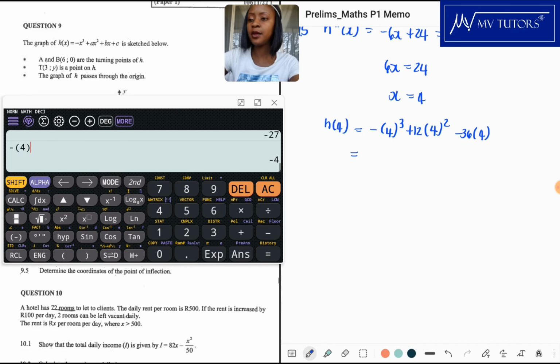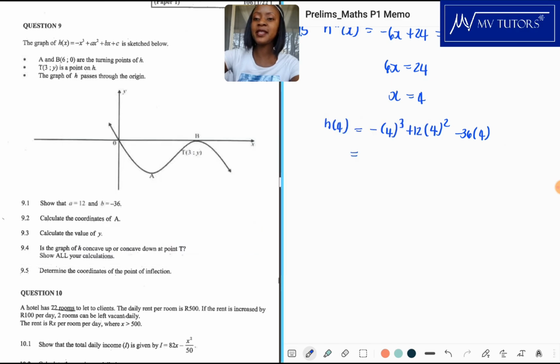Minus 4 cubed plus 12 times 4 squared minus 36 times 4. And it is negative 16. So the point of inflection,